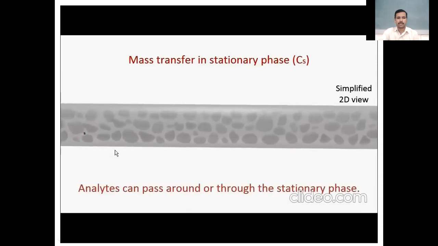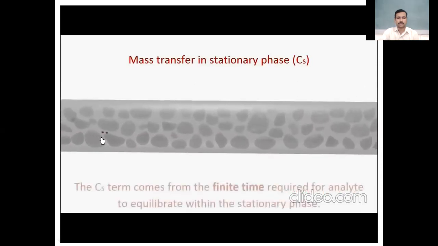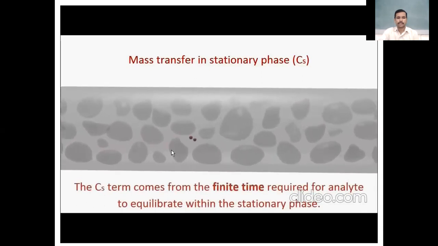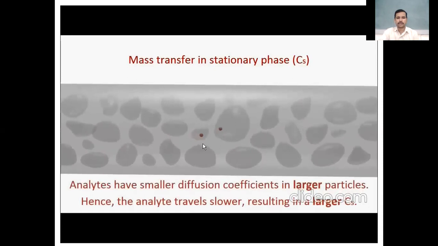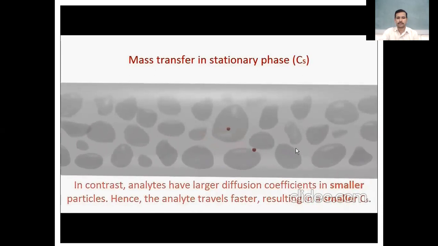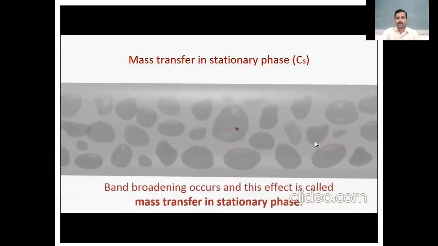Here you can see the mass transfer of the solute into the stationary phase. While the solute is moving through the chromatographic column, it will interact as a whole, it will be transferred into the stationary phase. You can see here the solute has been segregated in the stationary phase only. And due to the retention of the solute in a maximum amount in the stationary phase, there is a relative bandwidth occurred here. You can see here one solute particle has been moved and the other solute particle has been retained in the chromatographic column.